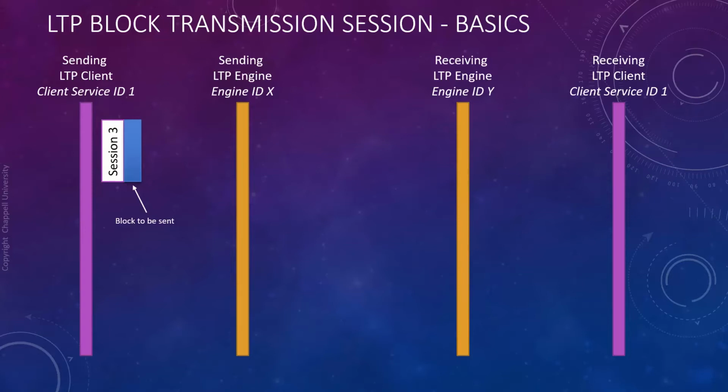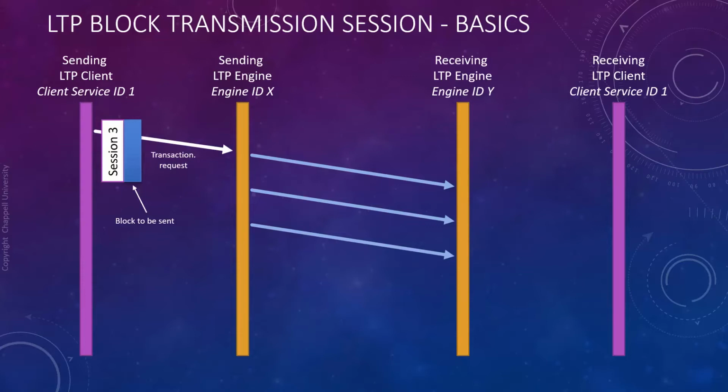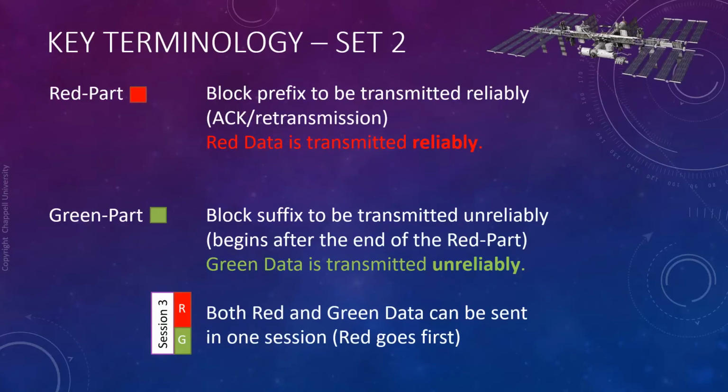So for example, let's say we send down a block to the LTP engine and we say this is session number 3. That goes down to the LTP engine, and the LTP engine is going to send packets to the target LTP engine. And in each one of these packets that goes out to the target, it will define that this packet is part of session 3. So you'll see that session numbering inside of the headers. The receiving LTP engine will pass this data for that session up to the LTP client software, which would be the application on the receiving end.